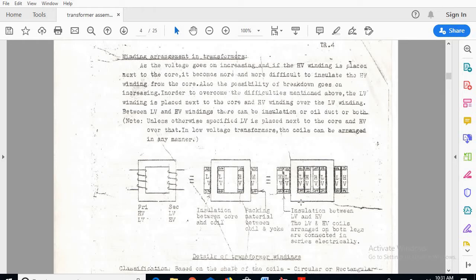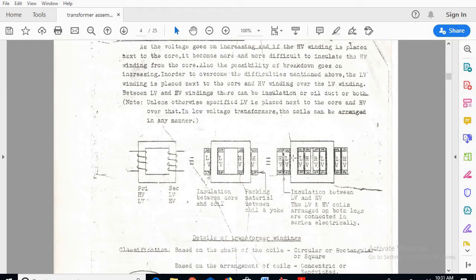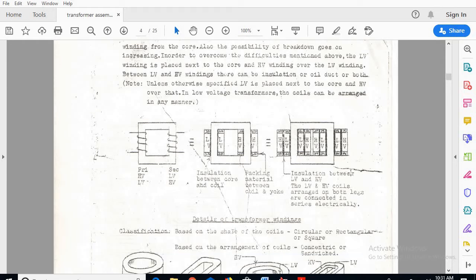Always remember, once the core is built, next to the core the insulation will be there, next to the insulation the winding, next to the winding insulation again, and then the windings come into consideration.